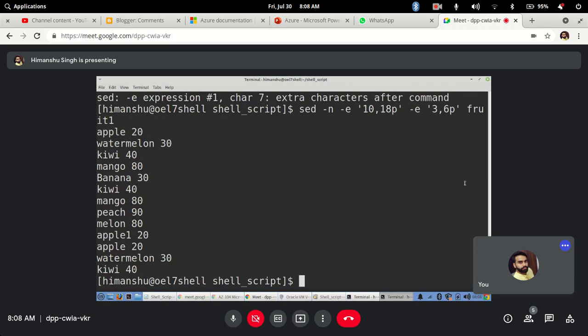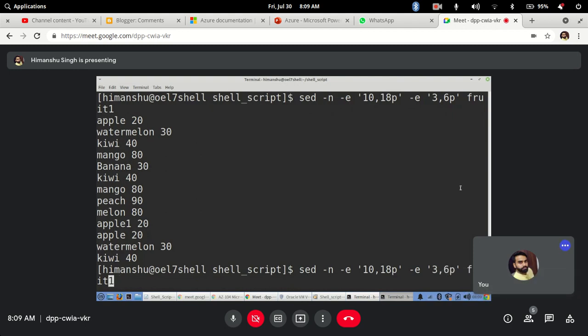Then moving ahead, you can also mention the range that we used earlier, using a specific sign.